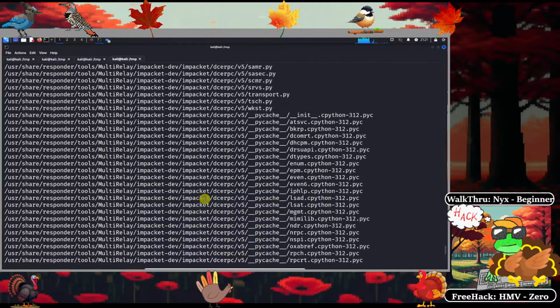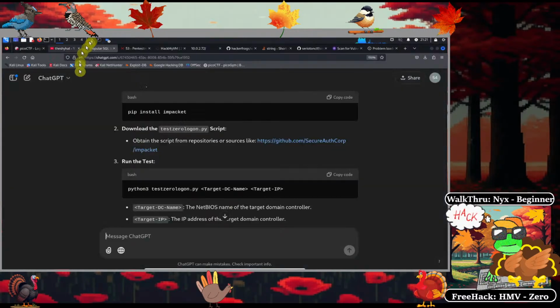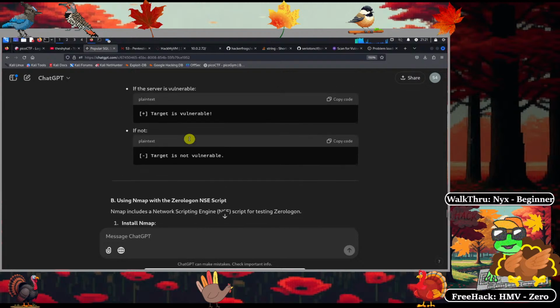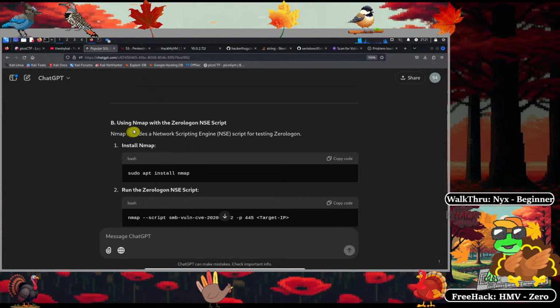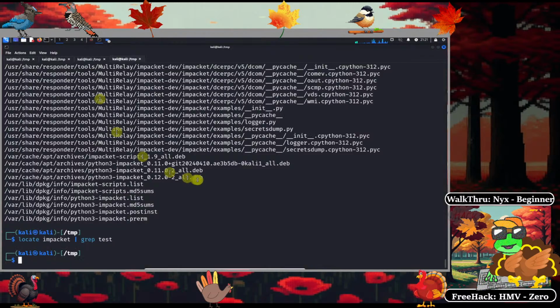No such script in here. Okay, so we could try GitHub, using nmap with the zero logon NSE script. I don't know if this is going to work, but anyways, let's try. Okay, nmap, sure. Target IP is